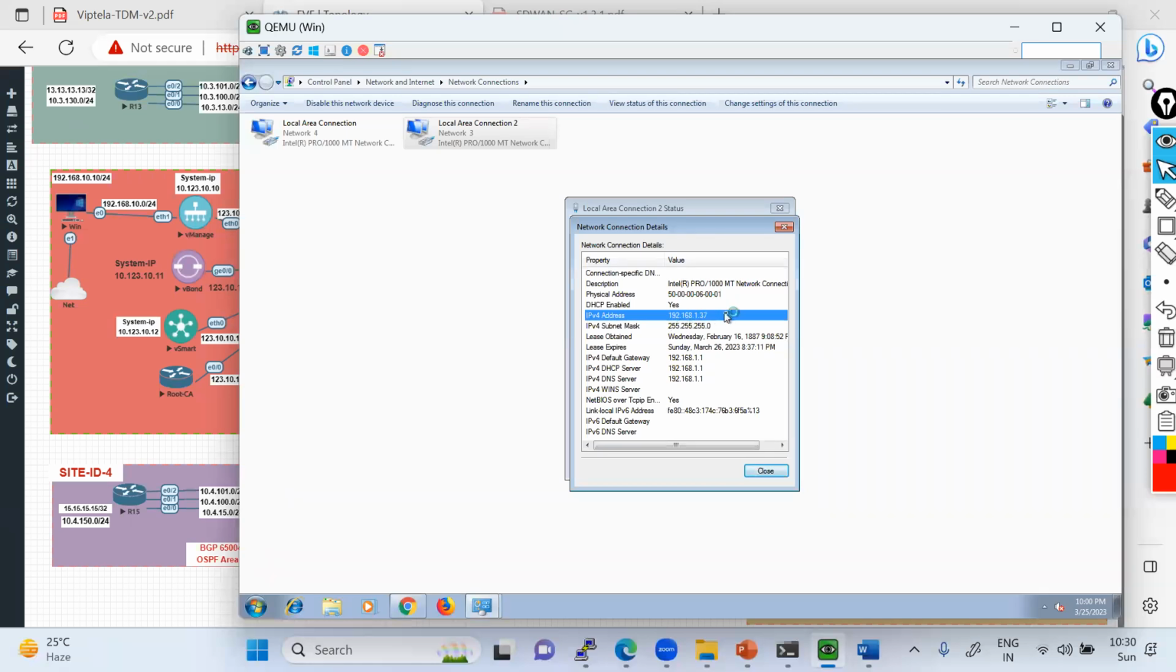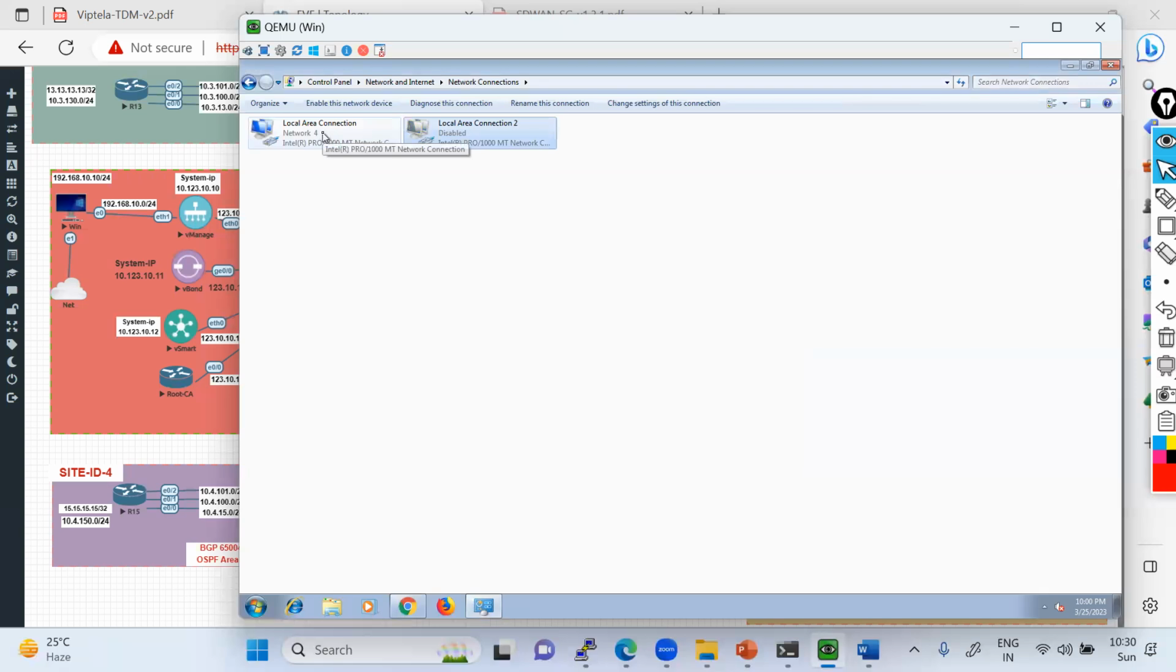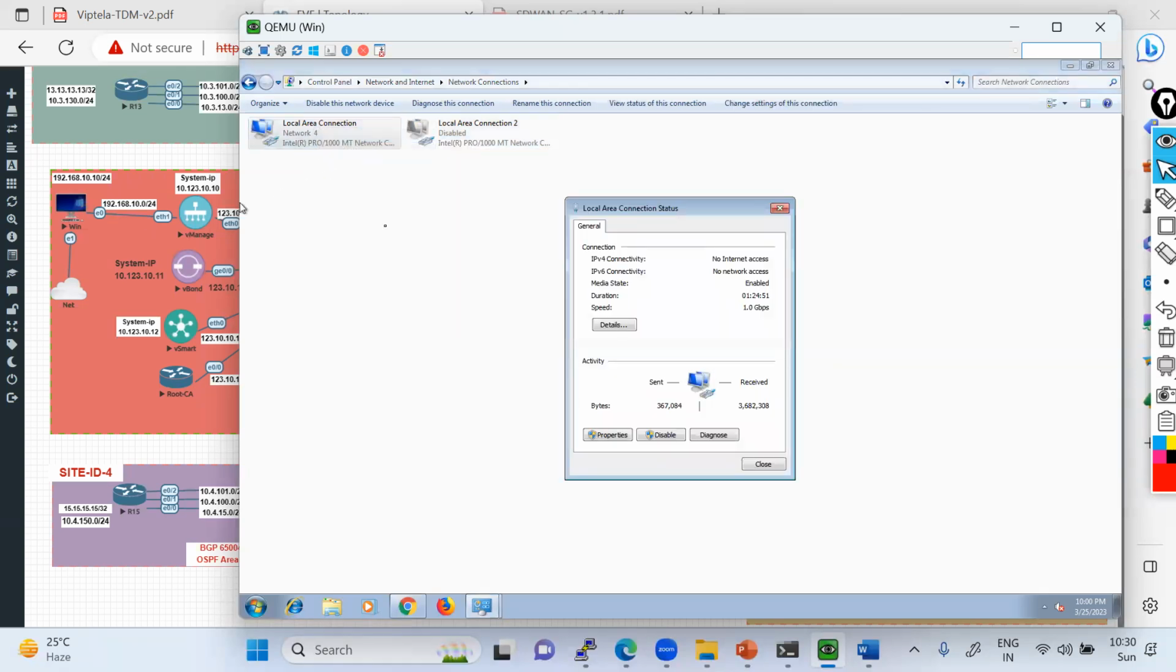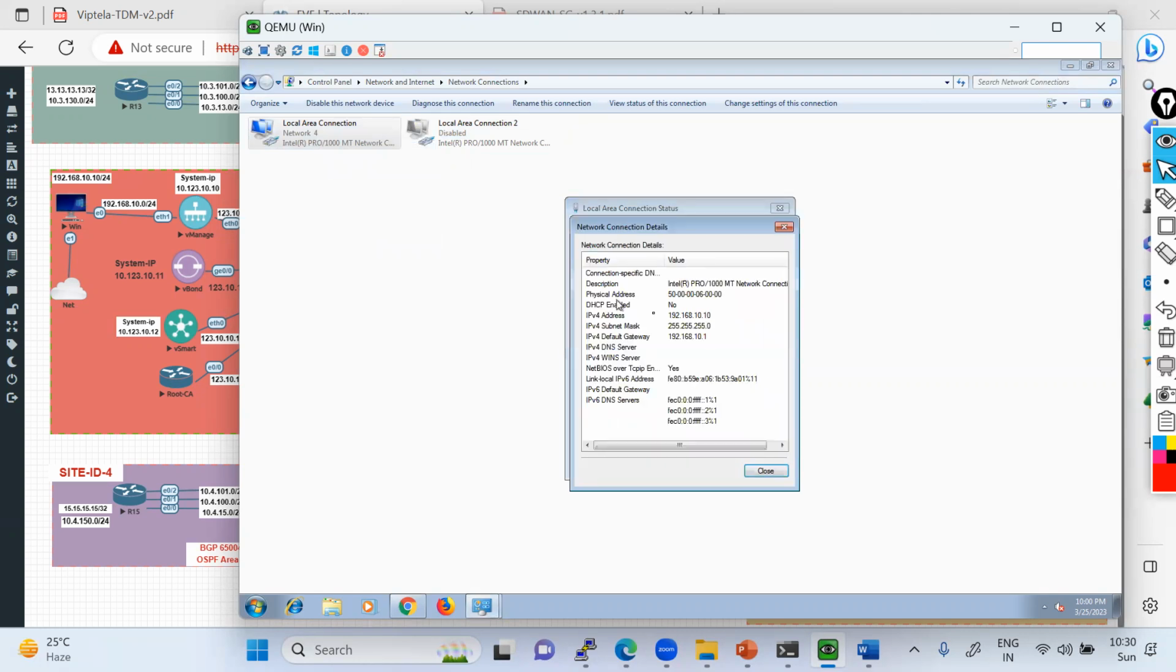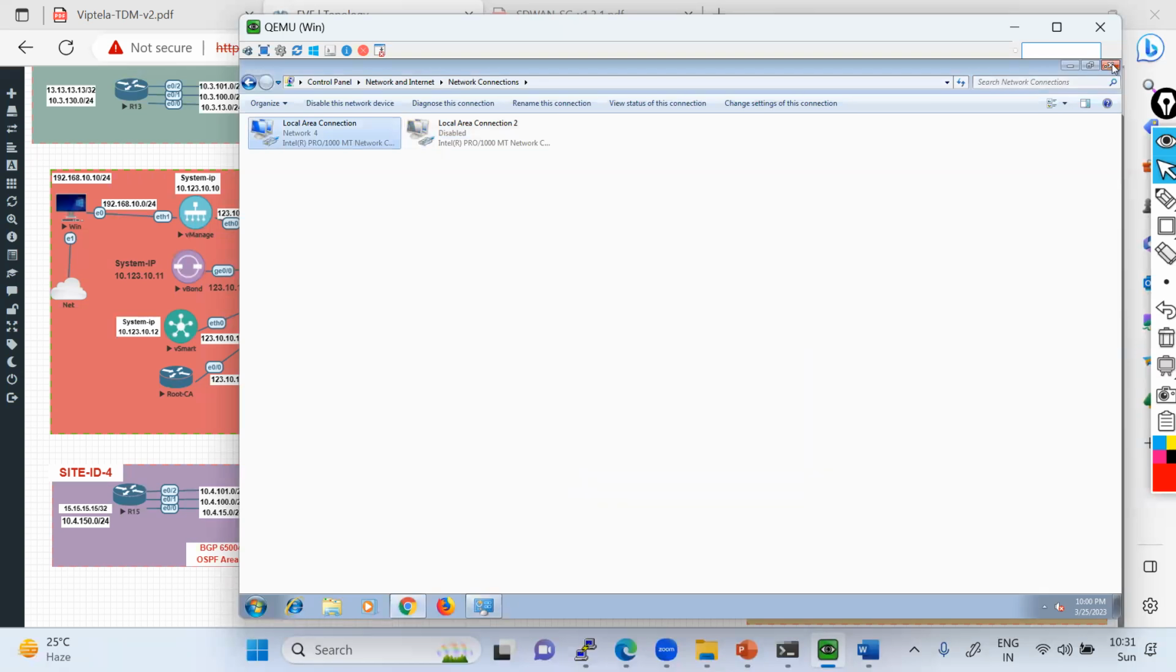This one is for the internet. It gets the default gateway, DHCP server and everything. That is adapter 2, right? The one where there is no nomenclature, that's just local area. You just have to define the IP address on it, that is 192.168.10.10. So once you've done that,